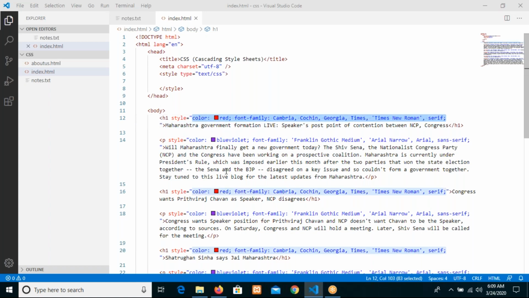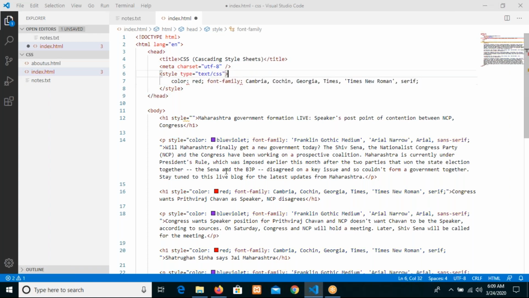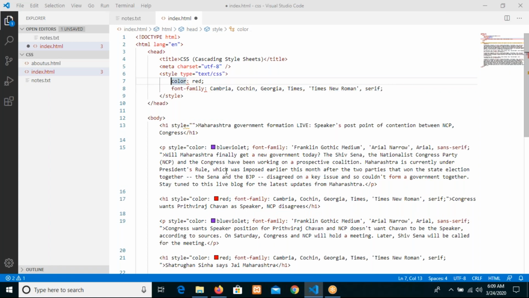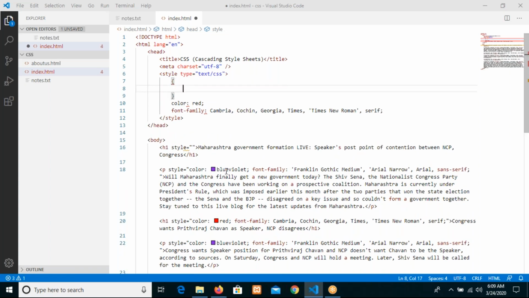So let us remove the properties. Of course, as we have done the inline style, I'm just removing it and writing the properties here, and all the properties we require just placed into the block of opening and closing curly braces,